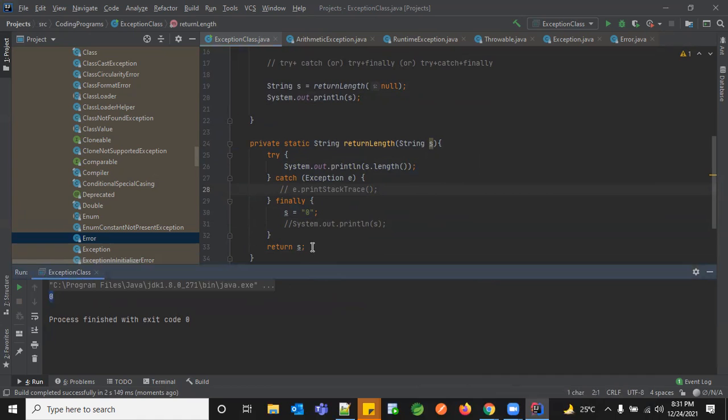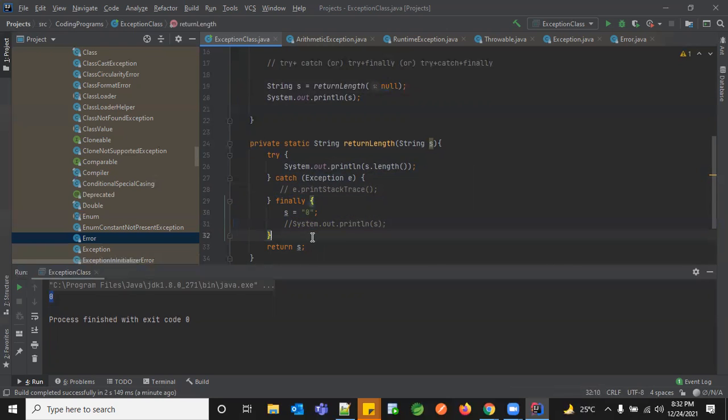So you're suppressing your exception. You know there's an exception going to come here on top of null if you're not handling it. In that case, I'm suppressing that exception and returning some default value in my finally block. So what happens in finally, though you handle it? You're actually giving some default value in your finally block, and this gets executed every time you get an exception or every time you don't get your exception. So this block is executed every time.